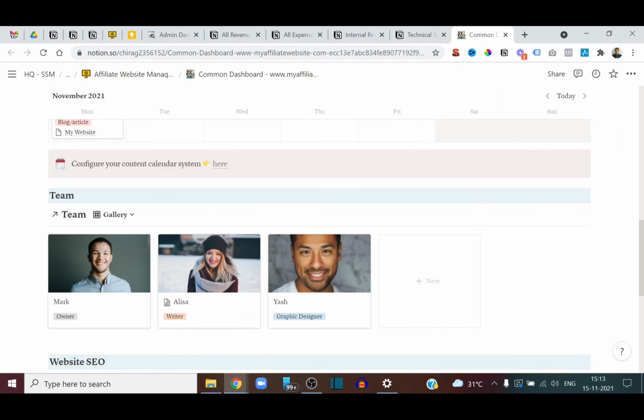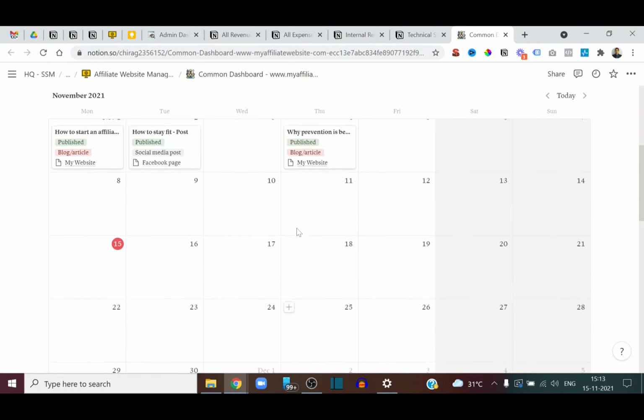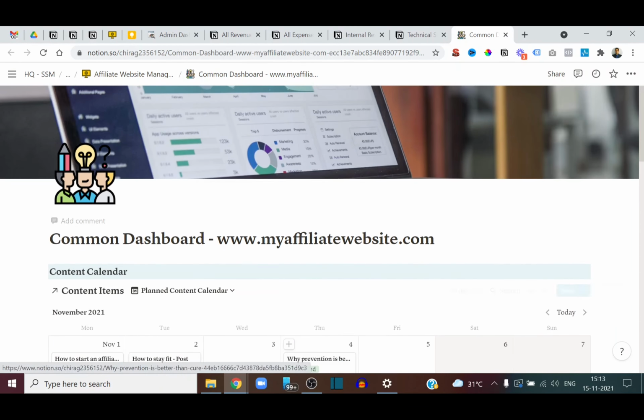Okay. And one good thing about Notion is you can add up to 5 guest users. So a small team for your affiliate website would suffice. If you ever have to add more members, you can go with the personal pro plan, which costs around $4 to $5, or another plan which allows each of them to have their own dedicated workspace. But it's up to you, how you want to scale. But it's quite economical to add more members if you want to in the future.